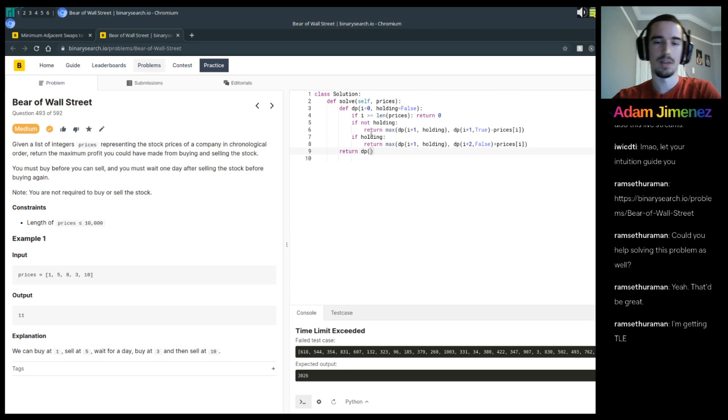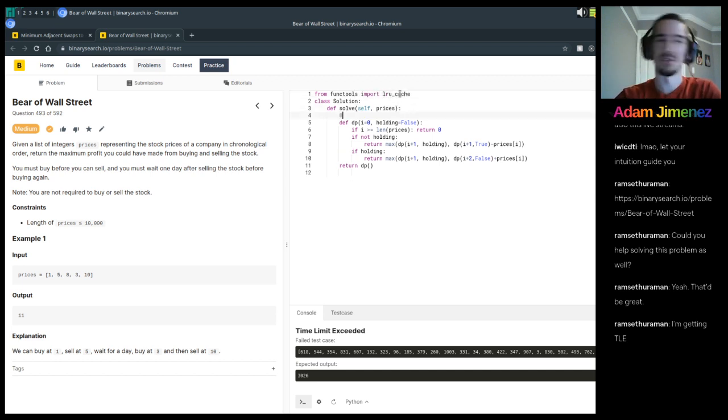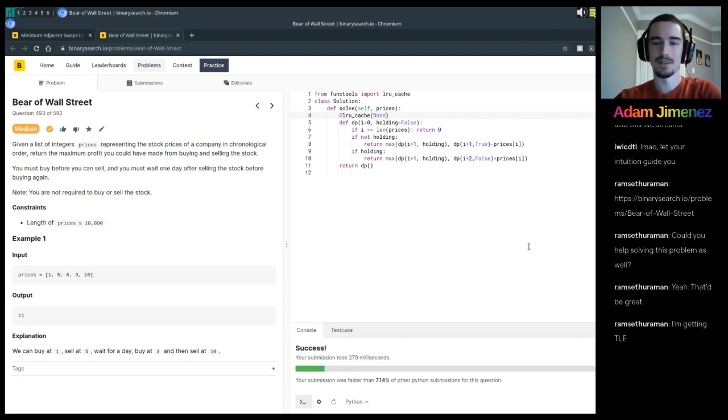Okay, so I think we have to convert it to a bottom-up fashion, because depending on the problem, like, no, actually, never mind, I'm stupid. You have to remember to memoize the function. Okay, it's fine. But yeah, you see that it's still slow, so generally the top-down version of dynamic programming